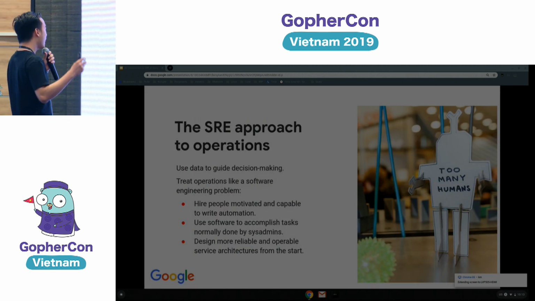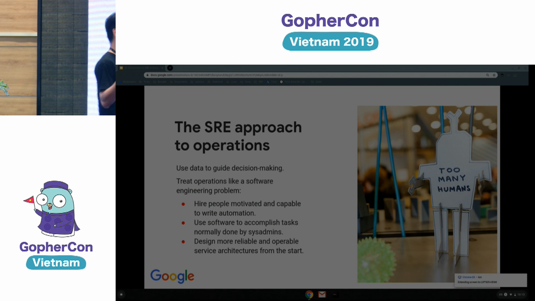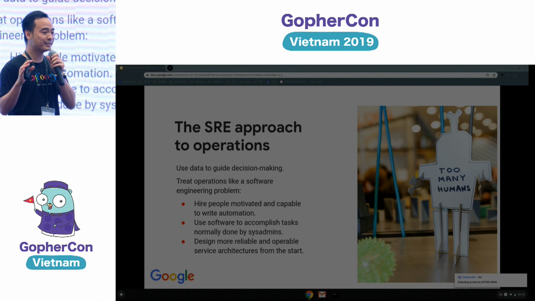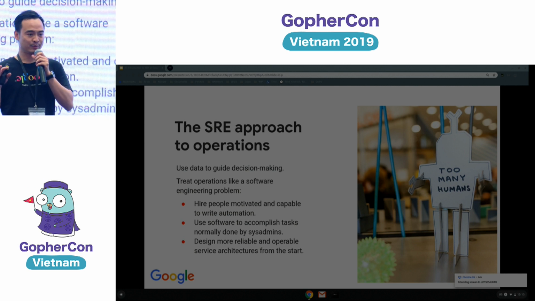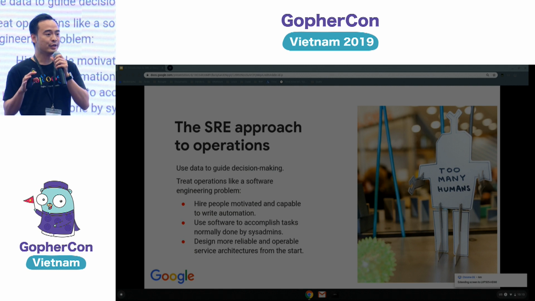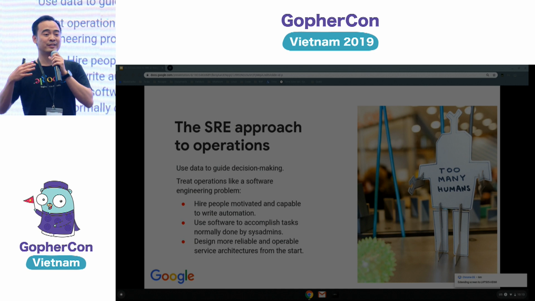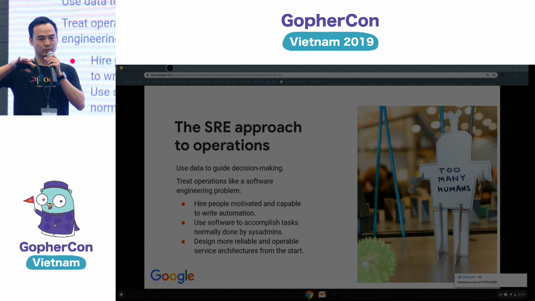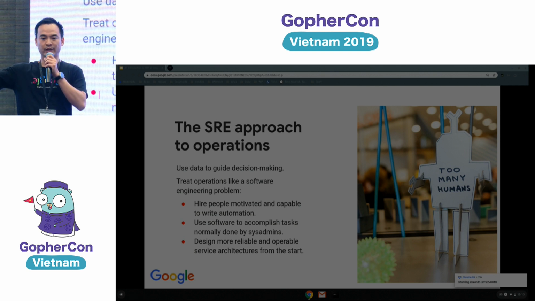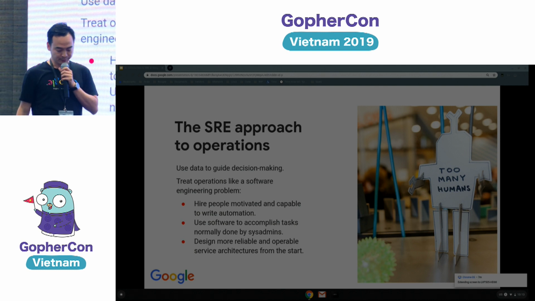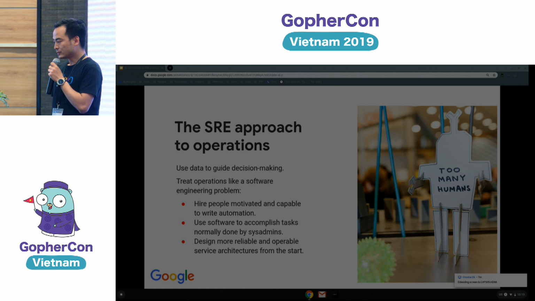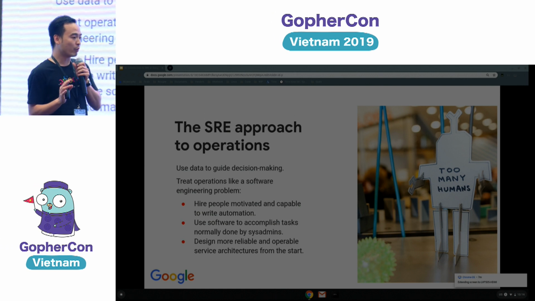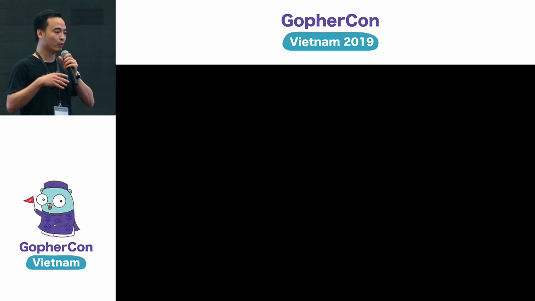And then how SRE is similar to DevOps. SRE is actually an implementation of DevOps. And SRE uses data to guide decision making. So they use data to see whether to make a decision to, say, deploy a feature or roll back a feature. And SRE treats operations as a software engineering problem. So we will,